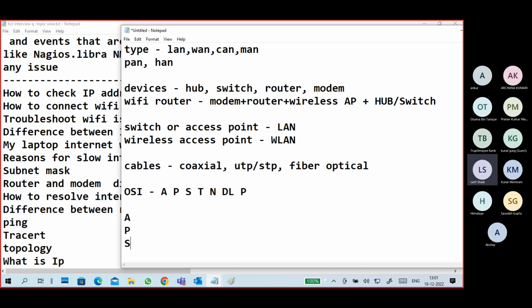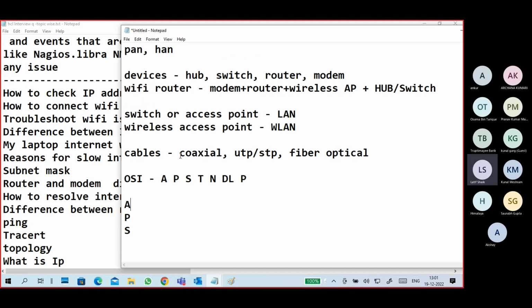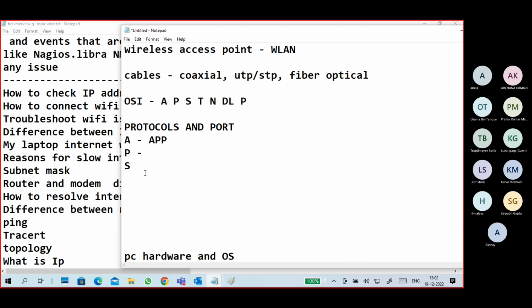Application layer example is the application itself, like a web browser, dealing with protocols and port numbers. At least learn some protocols and port numbers by heart.